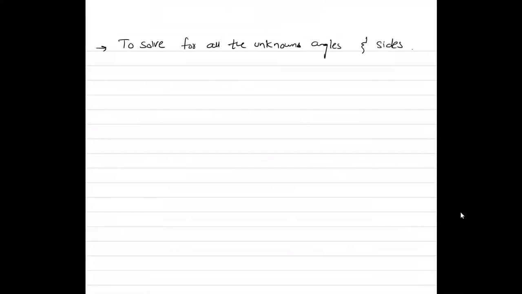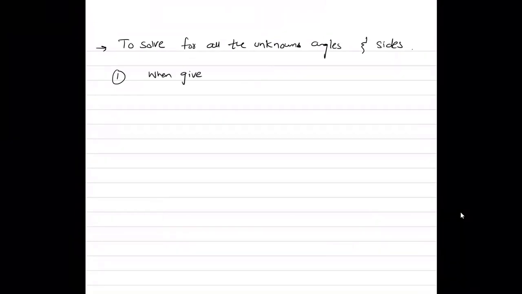So why do we use sine rule? We use sine rule to solve for all the unknown angles and sides. There could be two situations. You can use sine rule when you are given two angles and one side. If you're given two angles and one side, okay,